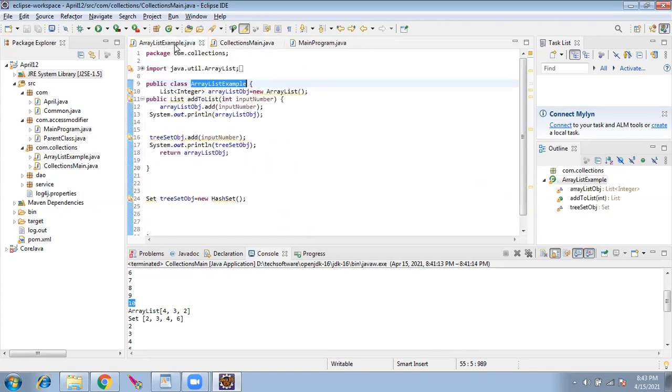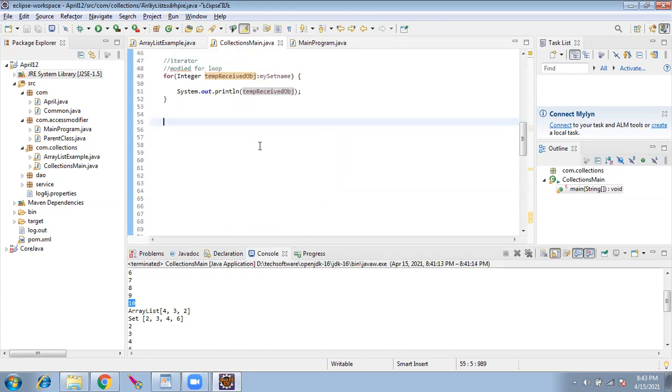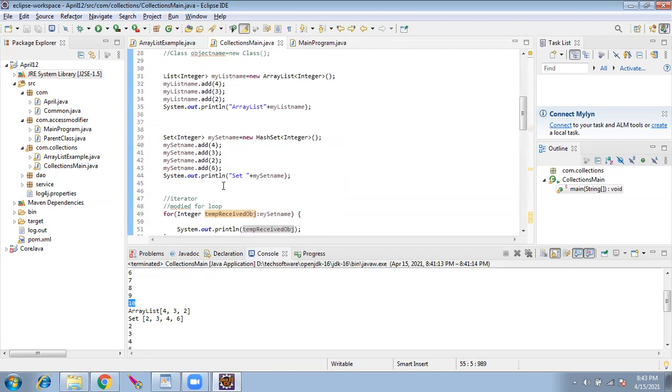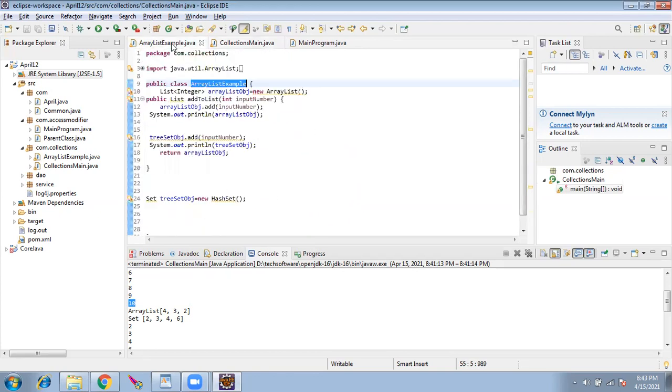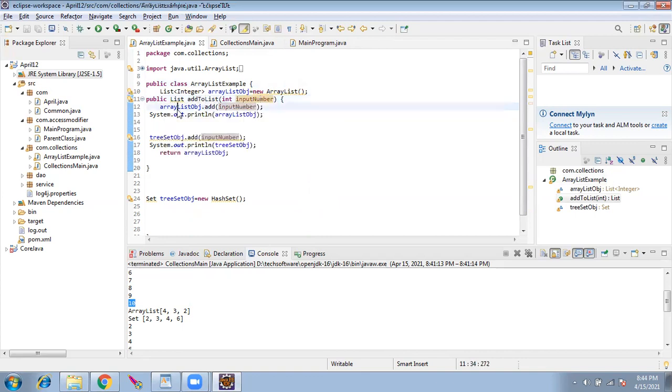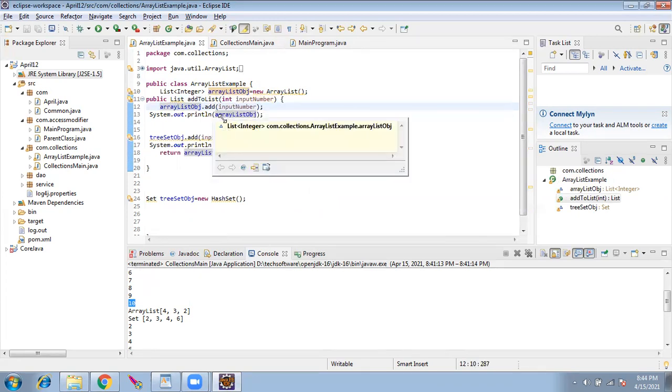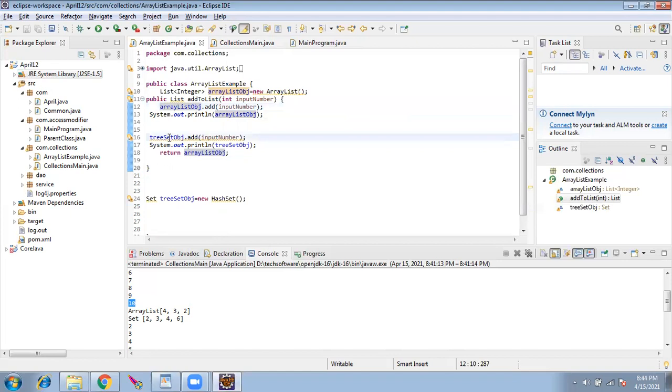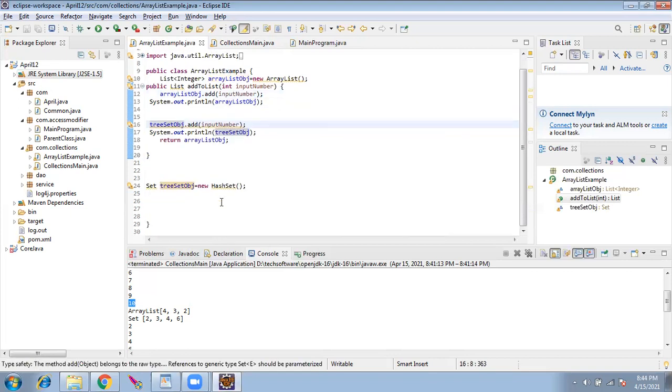Instead of adding all these things here, I created one class as ArrayList example, and I created one method, input number, and here I am adding to the list and printing the array list. And here I am using a tree set instead of a normal set.